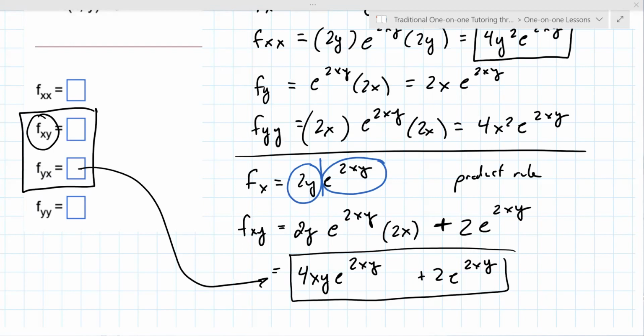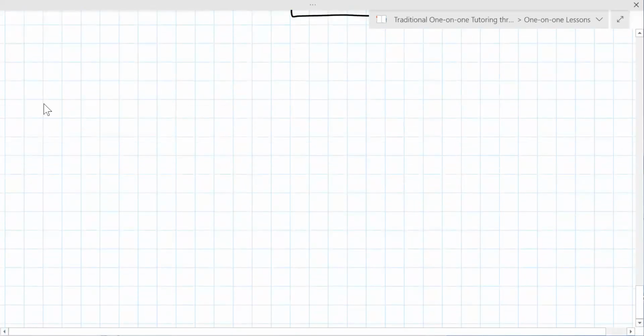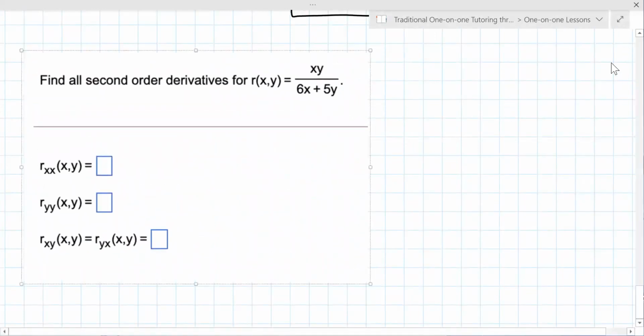Okay, yeah. Oh, so this one finally, if you look at the third box there, it's telling you, oh, hey, by the way, they're the same. Not sure why they didn't tell you sooner. So this one is